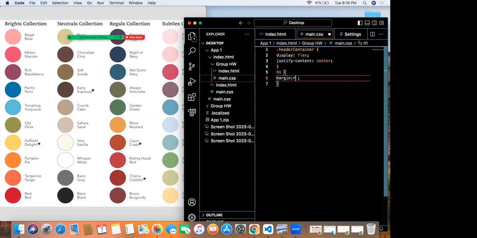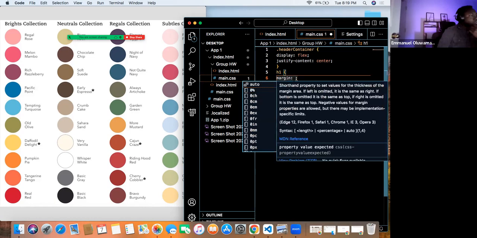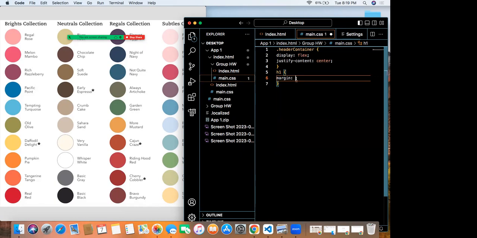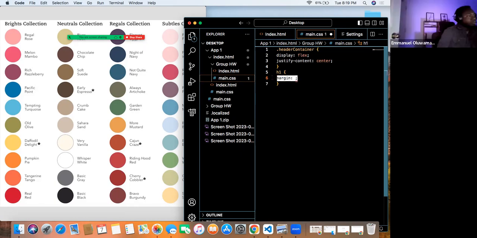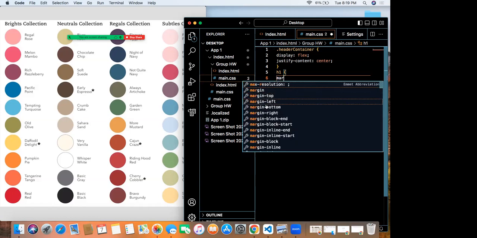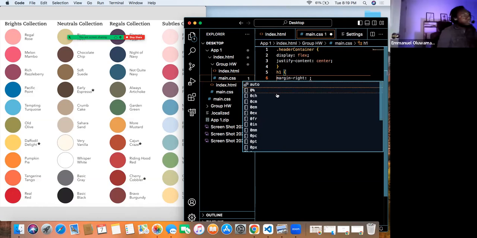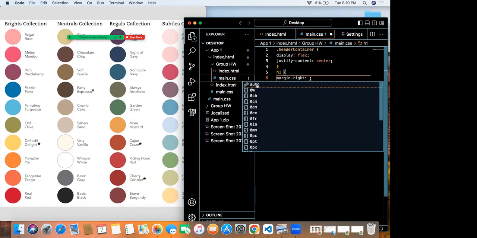Should we just put 1 and it'll be around all 4 of them? It's margin dash right.